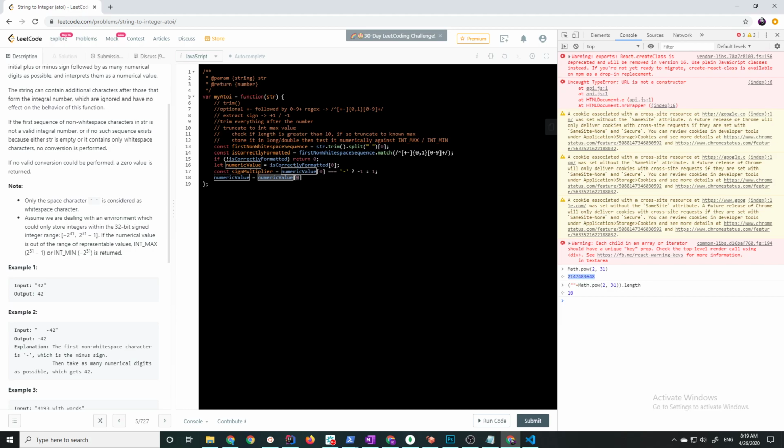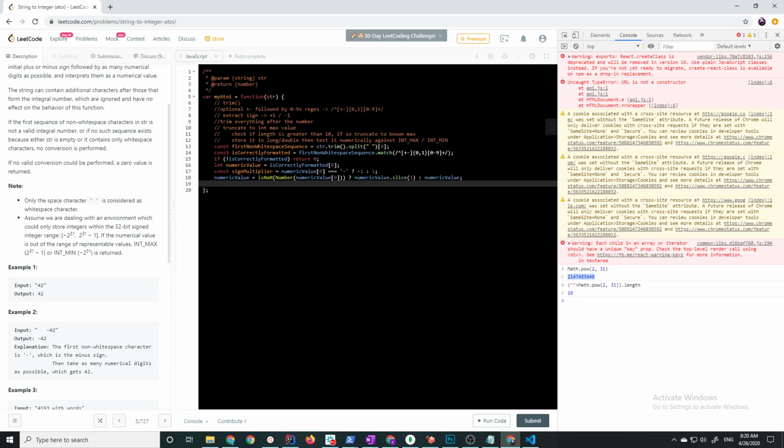So I'm gonna try to get this numeric value at 0, and I'm gonna cast it to number. And if that is a plus or a minus, this is gonna give me a NaN. So then I'm gonna check isNaN. If it is NaN, that means that there was a plus or a minus. So then my numeric value is equal to numeric value dot slice starting at 1, otherwise equal to numeric value. Okay, so I'm assigning numeric value depending on whether the first character is a sign, like a plus or a minus sign. All right, now that I have that,